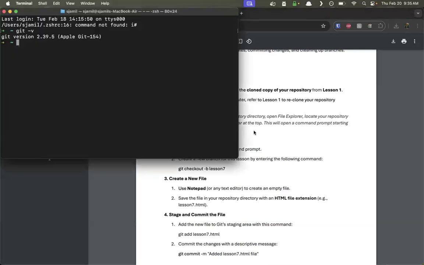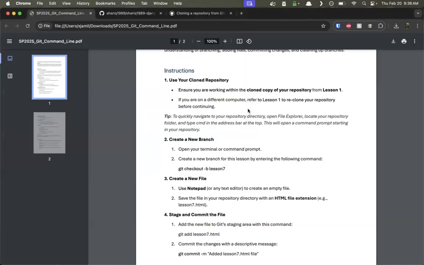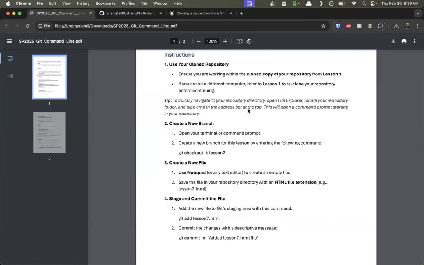GitHub Desktop is a tool that abstracts away a lot of these commands that we do in the terminal here and turns them into buttons. So it's an easier way of using Git. But now that we're getting further into the course, we want to familiarize you all with using the terminal. So let's start by